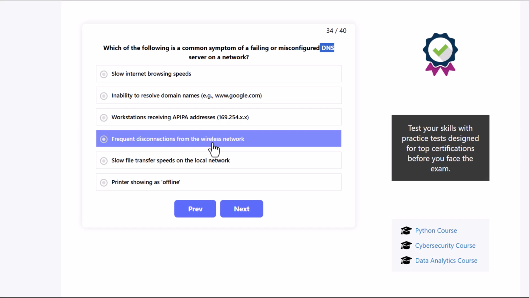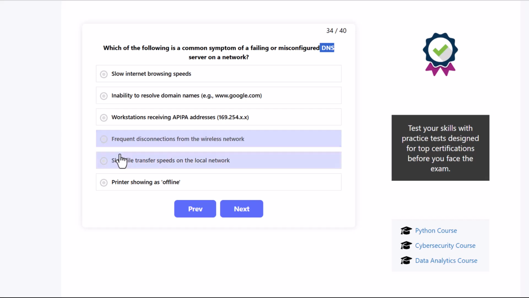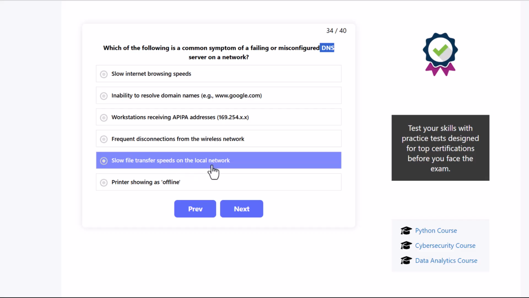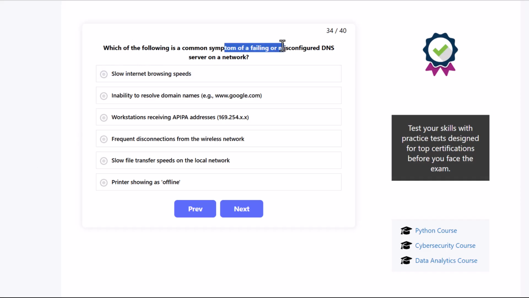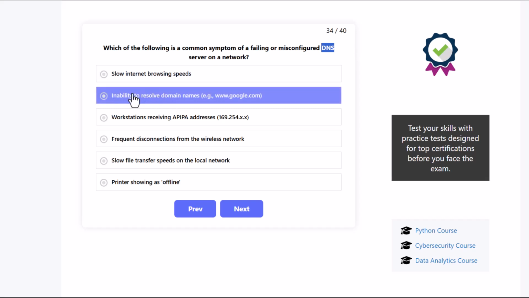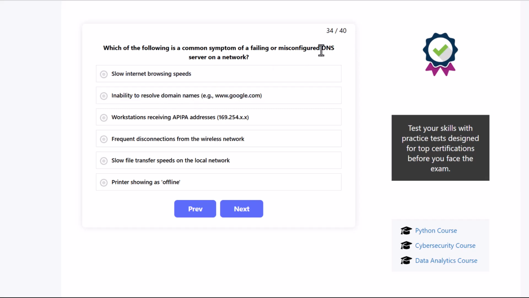Frequent disconnection from the wireless network. Slow file transfer speeds on the local network. Or printer showing as offline. And here we already discovered the correct answer. When we have a problem with the domain name system server on a network, it is most likely inability to resolve domain names, as the main functionality of a DNS server is